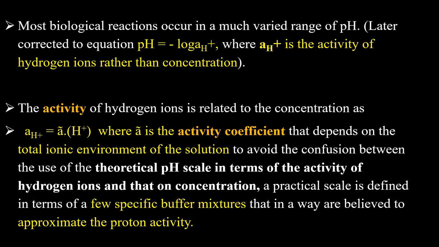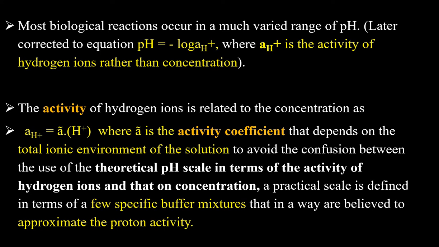The activity of the hydrogen ion is related to concentration by an equation: a_H, that is the activity of the hydrogen ion, is equal to γ times the proton activity, here H plus means proton, where γ is the activity coefficient that depends upon the total ionic environment of the